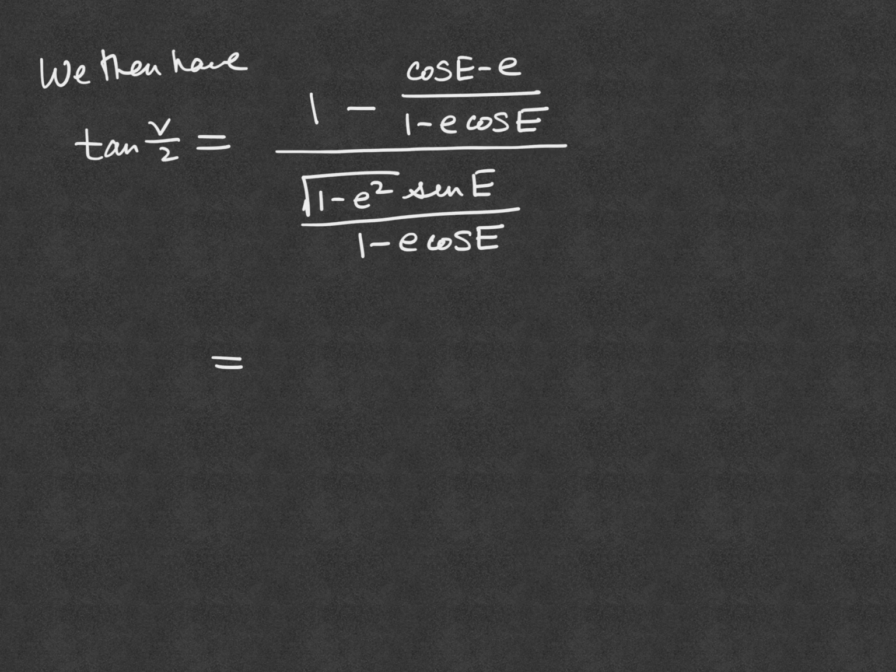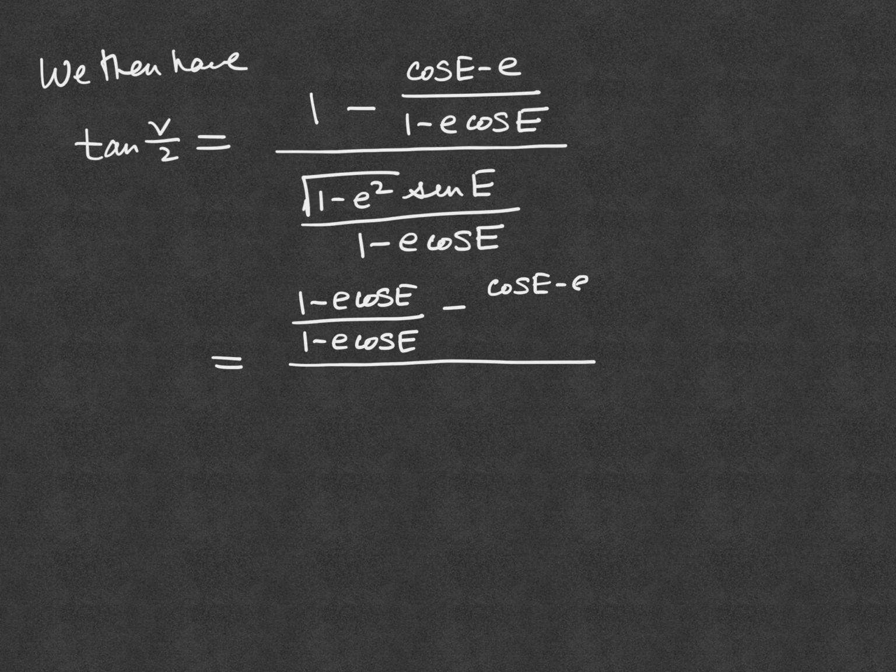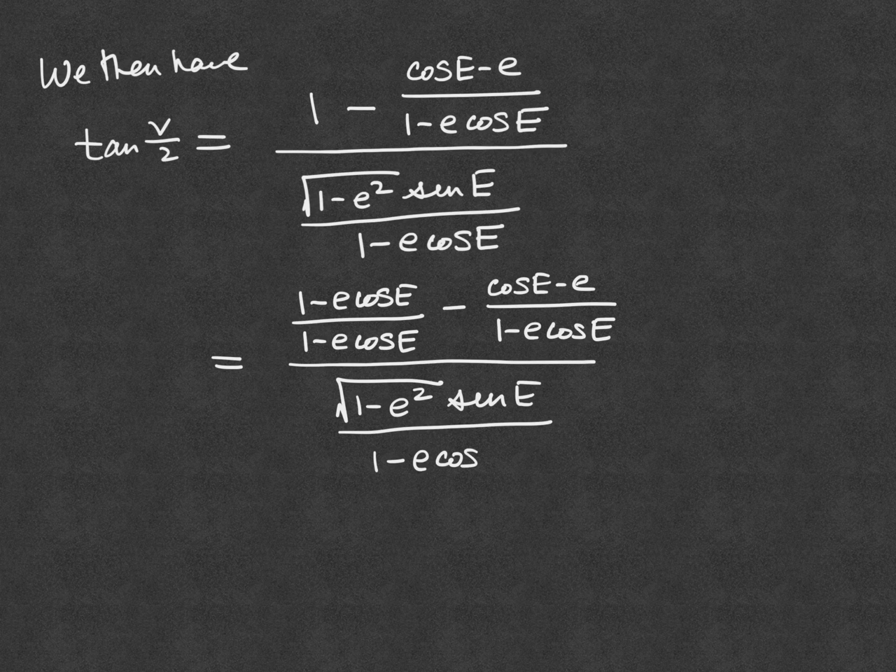So this last expression can be rewritten as follows. I can put the whole numerator over 1 minus e cosine of E, and I get 1 minus e cosine of E, all divided by 1 minus e cosine of E, minus cosine E minus little e, all divided by 1 minus e cosine of E, and that's divided by the square root of 1 minus e squared times the sine of E, all divided by 1 minus little e times the cosine of E. Now, because I did that, the tangent of nu over 2 is equal to, because I have a common denominator in the numerator that is the same as the denominator of the denominator, the 1 minus e cosine E cancels out, and I wind up with 1 minus e cosine of E